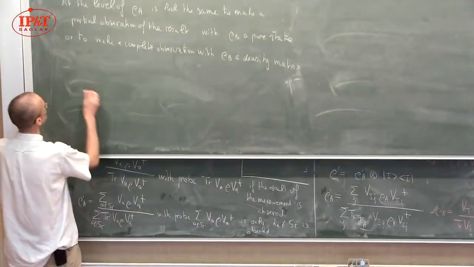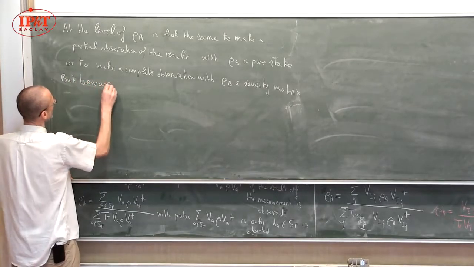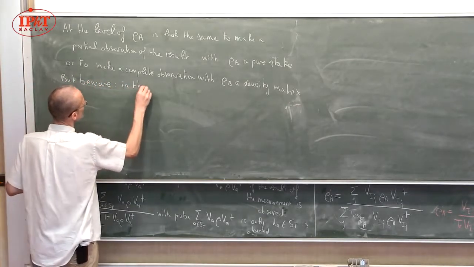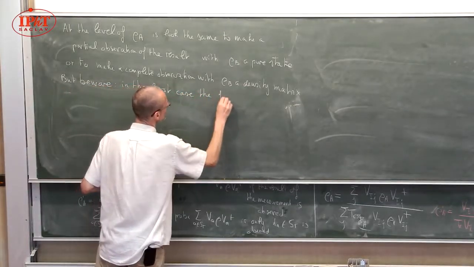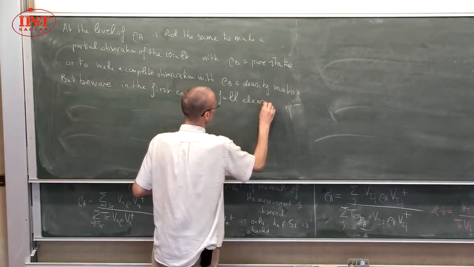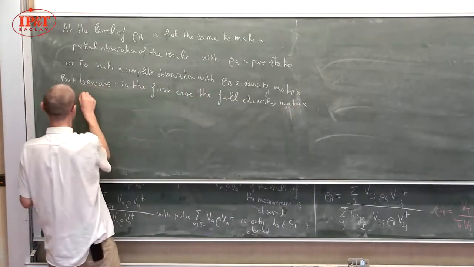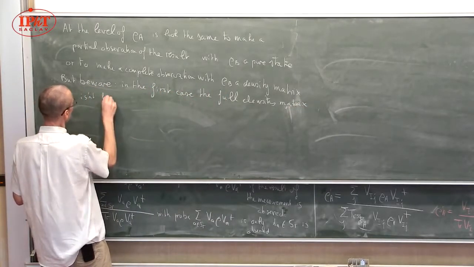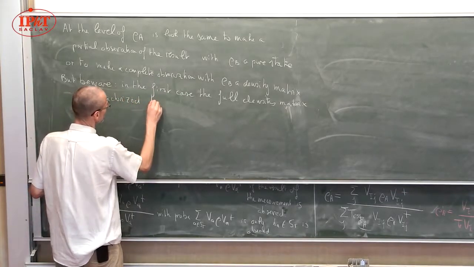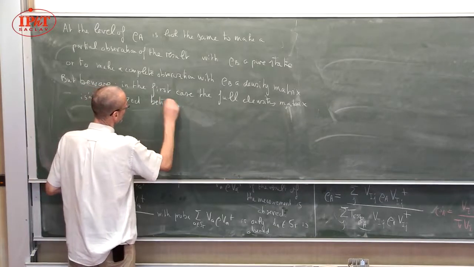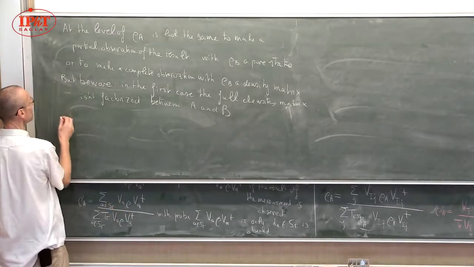Well, I think this is an important distinction, but beware, in the first case, the full density matrix isn't factorized between A and B, whereas in the second case,